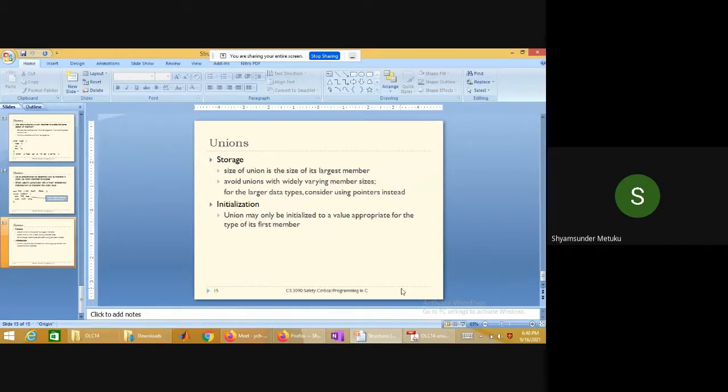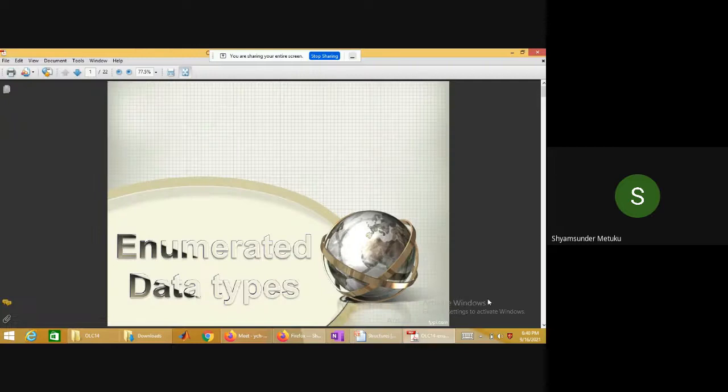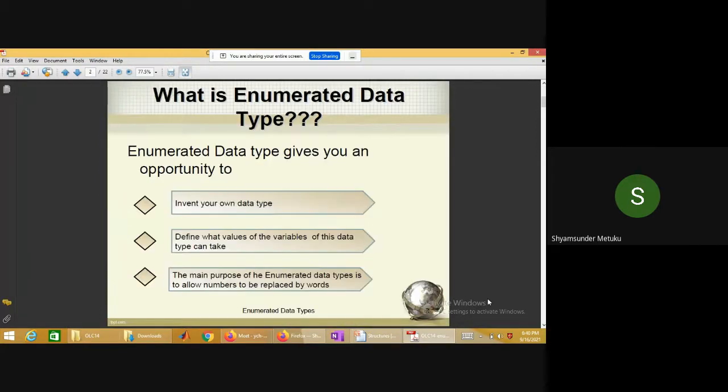So the next topic is enumerated data types. The shortcut keyword in C programming is enum, generally called enums or enumerated data types. You can have your own name for the data type. Unlike structures and unions, which have a specified meaning, a structure combines dissimilar data types, where you must use struct followed by the name of the structure.